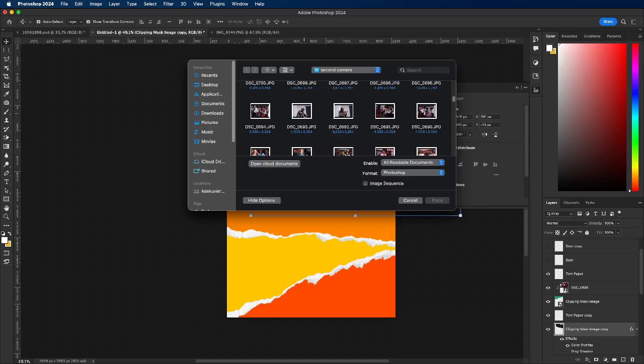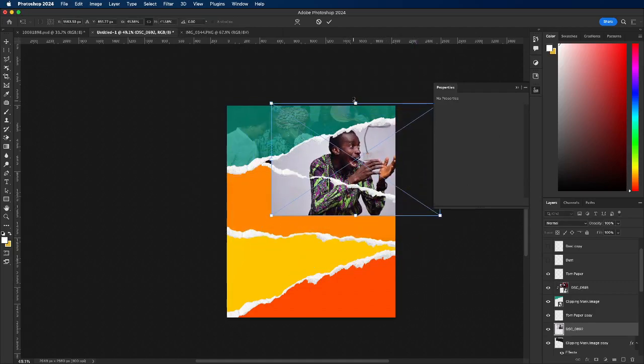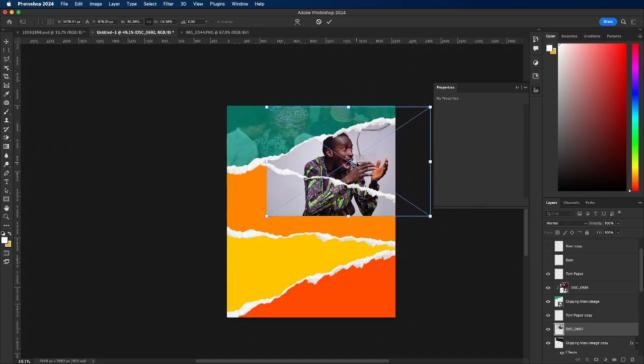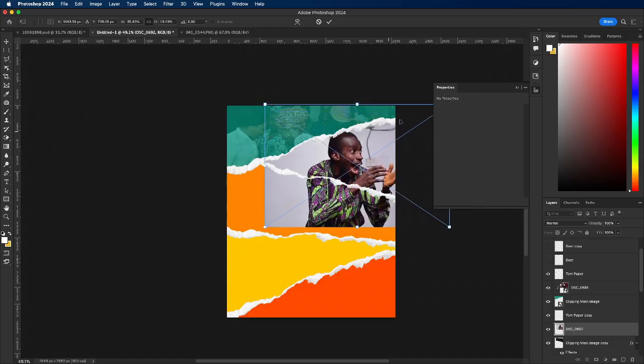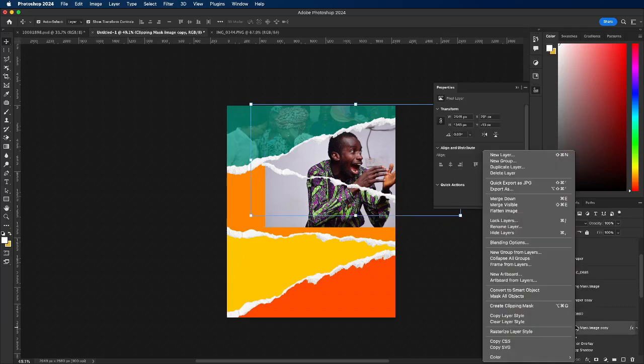Okay, let's make this, that's the filter part. So we are doing the same thing for this too. Convert to smart object,